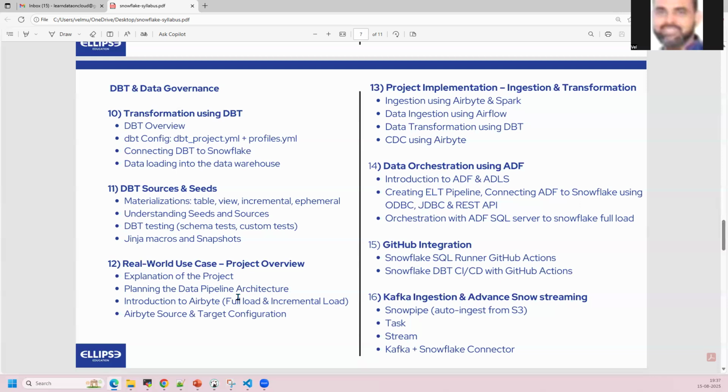So we are doing two projects here. In the first project, we are implementing a real world system, a batch processing pipeline. So we are doing full load also. We are doing incremental load also. In the first project, we are doing full load and incremental load for the ingestion and transformation. We use DBT and we use Airflow for orchestration. So in the first project, if you see the first project architecture,